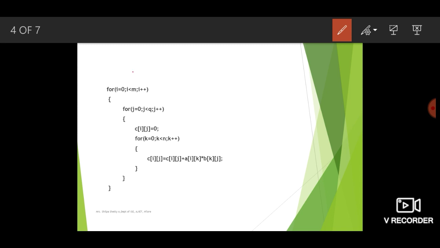Here m is the number of rows in the first matrix, and q is the number of columns in the second matrix. So an element from a particular row is multiplied with the element from the same column of the second matrix.